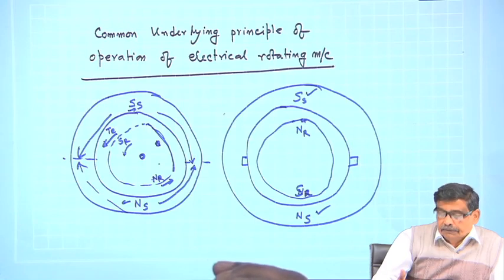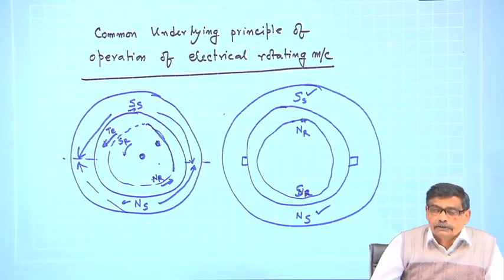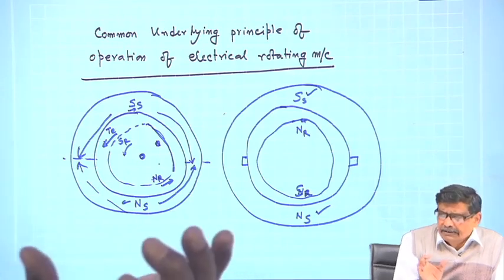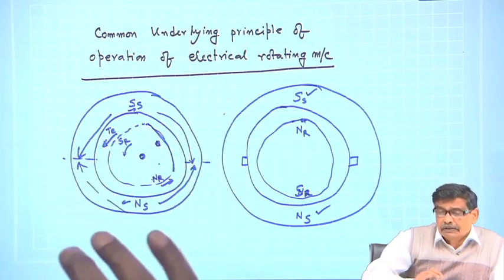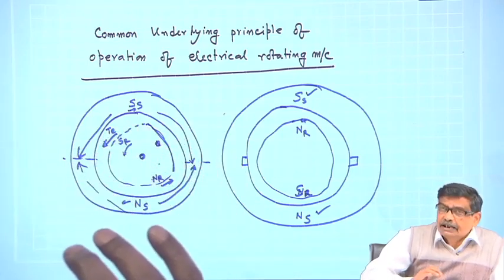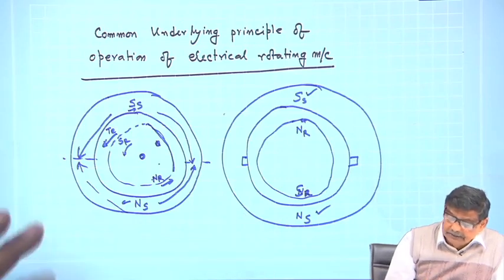That is what the principle of the induction motor is. Therefore, whether Ss Ns can also be made to move will be clearer later, but at this stage what I am simply telling is,